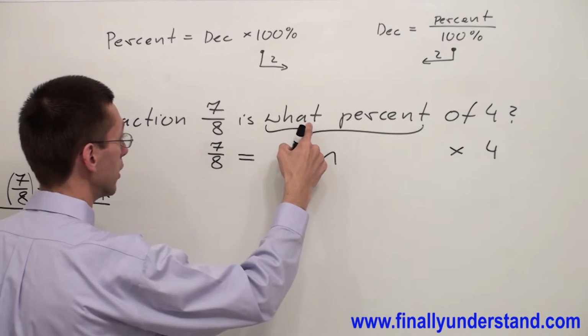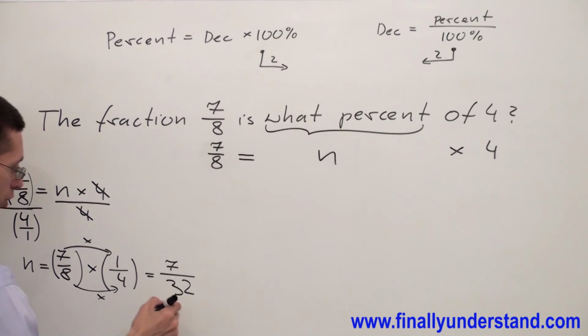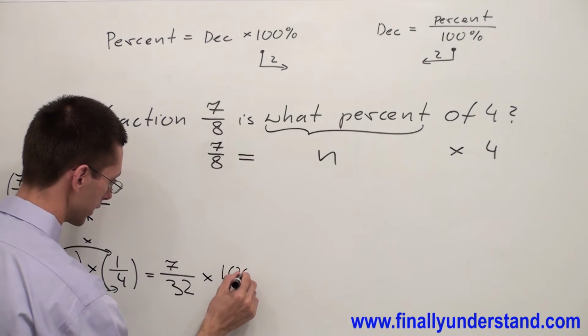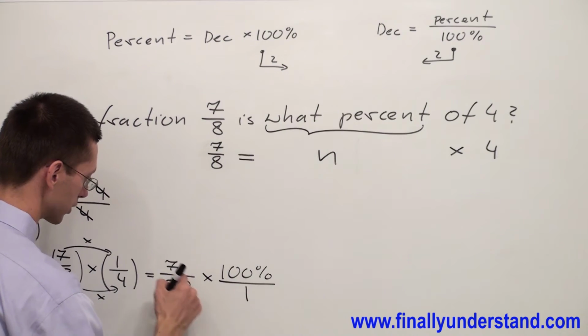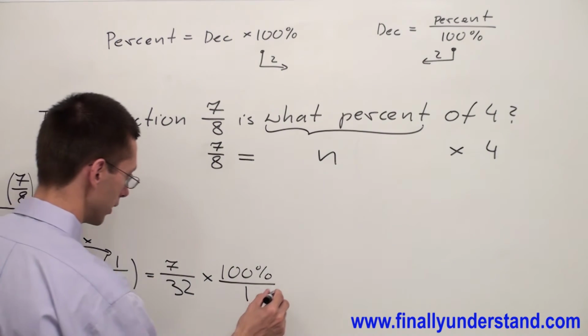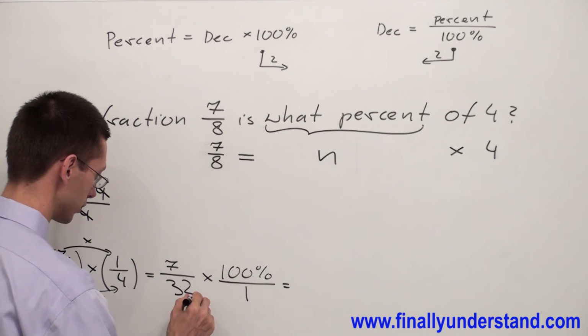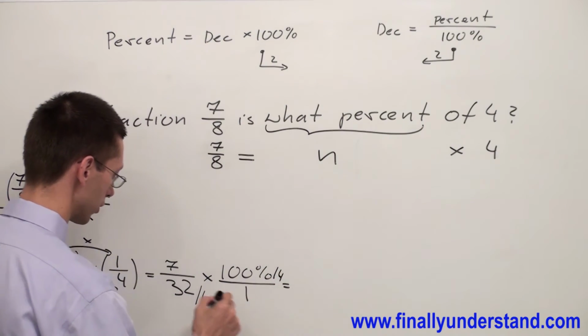The problem is saying what percent. So I have to convert this fraction to a percent. So I have to multiply this by 100%. And again, I'm going to convert 100% to a fraction because I have a fraction over here. Now, 32 and 100, both of them are divisible by 4. By 4. So I have